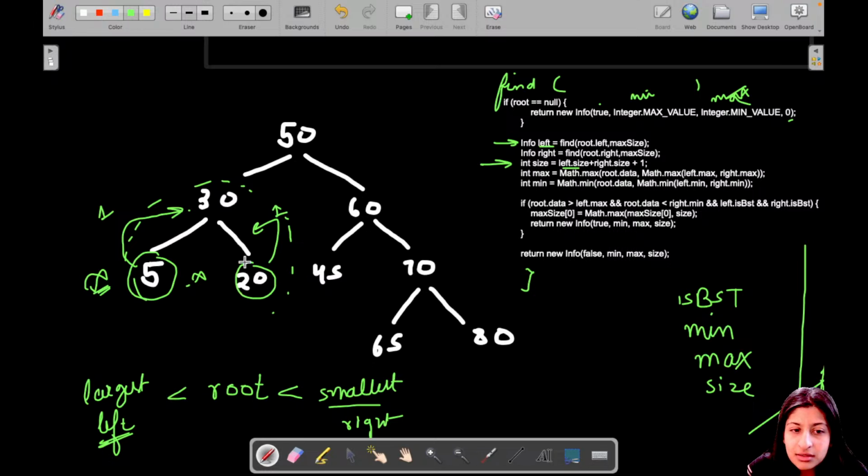Then this part has calculated its own height as 1, size as 1. So left will have its own size, right will have its own size, and the size for this will turn out to be 3, correct? Now let's check the condition if it is falling into that condition or not. So before that, let me see what is the maximum value. So if I want to store the max for this,